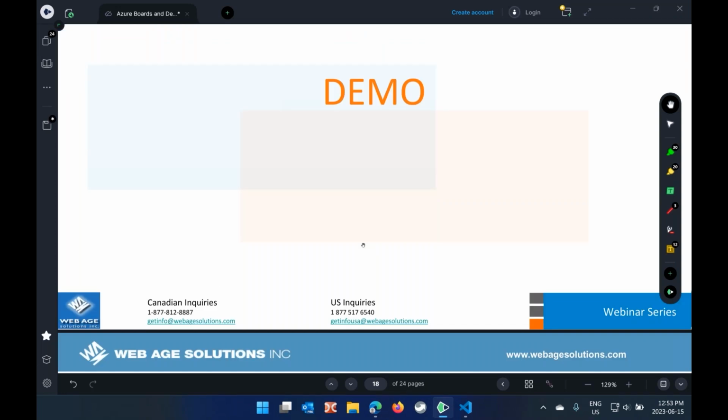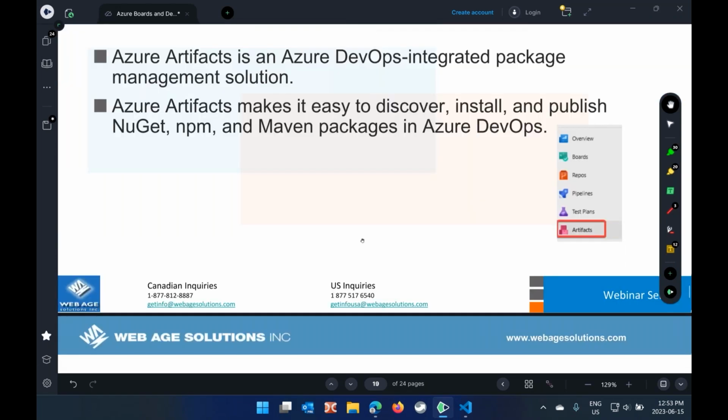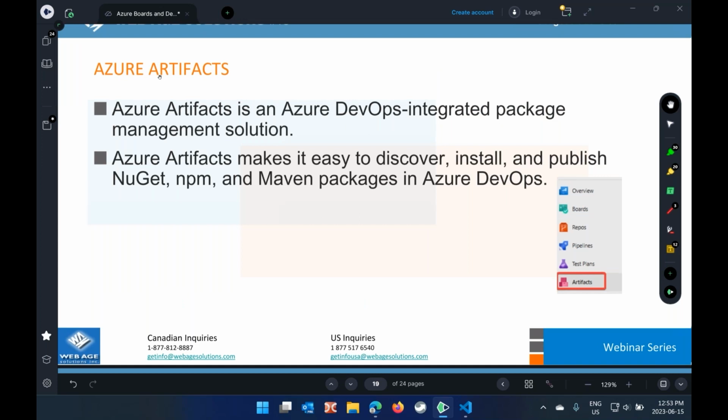Okay. And Azure DevOps also contains one small thing called Azure Artifacts. So Azure Artifacts, if you are familiar with, let's say, NuGet package manager in .NET, or NPM, if you do, let's say, Angular, React type of development, or there are other solutions as well that let you use NPM, or Maven for Java-based applications. So all of these are